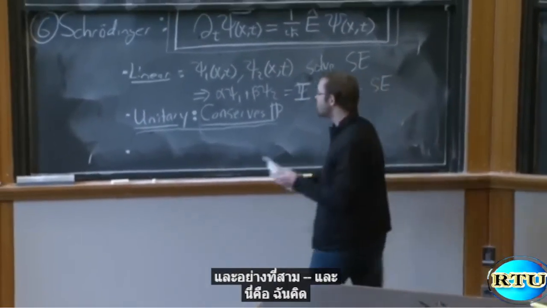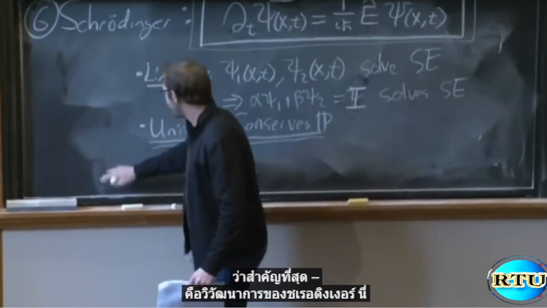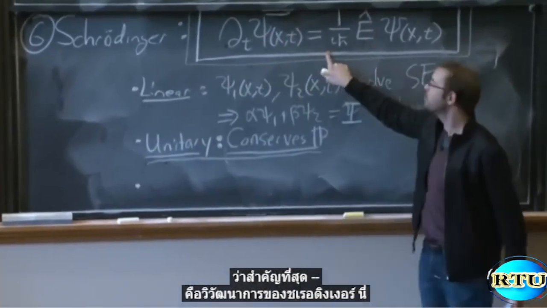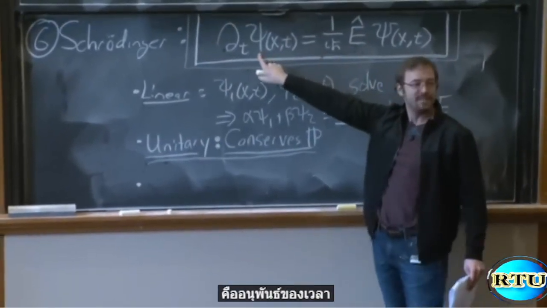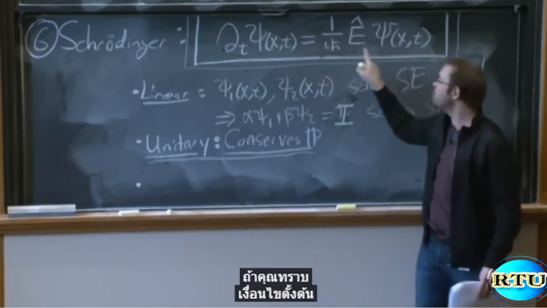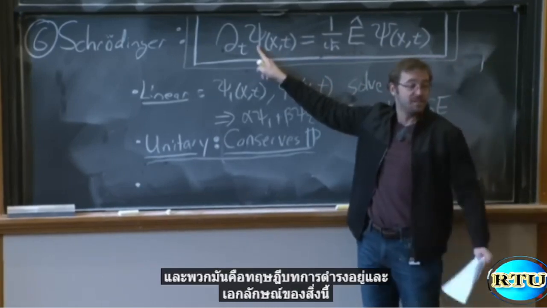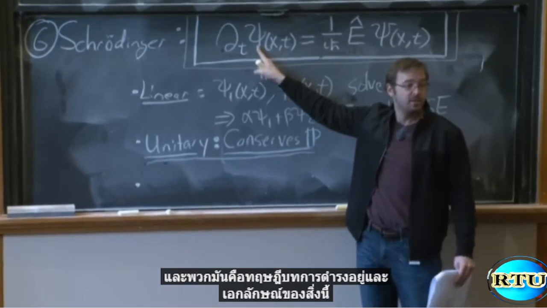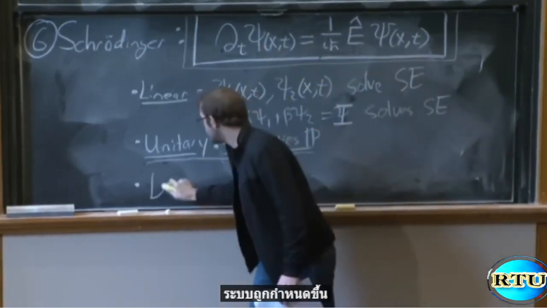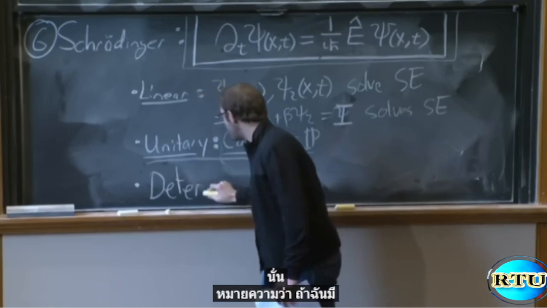And the third, and this is, I think, the most important, is that the Schrodinger evolution, this is a time derivative. It's a differential equation. If you know the initial condition and you know the derivative, you can integrate it forward in time. And there are existence and uniqueness theorems for this. The system is deterministic. What that means